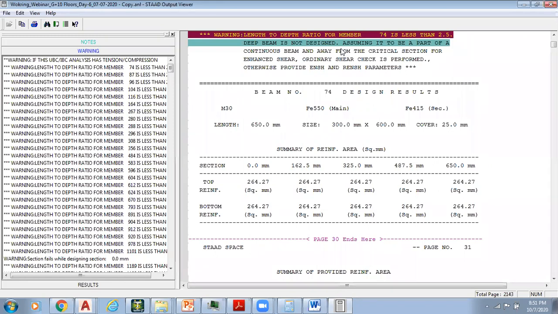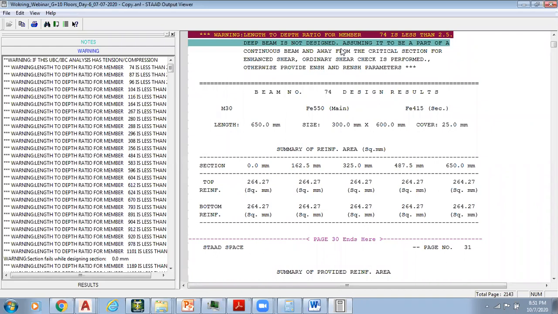So STAAD is getting confused. When we add a secondary beam on a primary one, automatically the primary beam will have an extra node and that beam will be divided into two. STAAD will consider each individual segment as an individual beam, which is in fact not correct. So wherever main beams support secondary beams, those main beams are divided into multiple segments, and if the length of those members is less than or equal to 2.5 times the depth of the member, STAAD will consider this a warning, saying it is not designing these deep beams, right? It is a warning that you can avoid, to be frank.